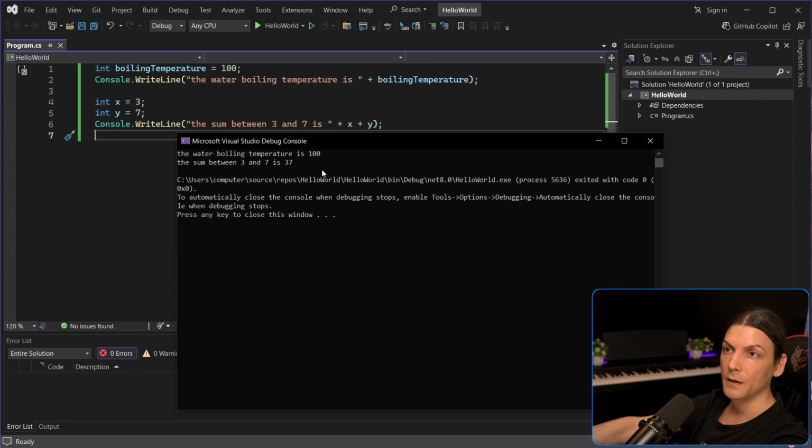So 3, 7, not 10. And this actually happens because whenever you are dealing with operators with the same precedence, the order of operation is from left to right, whichever comes first. So in our case, we have the string plus an int, which needs to be implicitly converted into a string, and those strings will be concatenated, which will result into a new string, which needs to be added with the second int, which needs to be implicitly converted, and so on